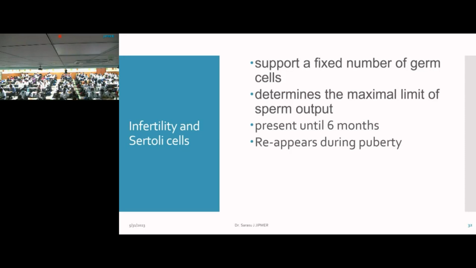Okay, now if they are not formed enough because of some timing difficulty, or the hormones are not secreted properly, or the primordial germ cells have not invaded properly, something has happened and there is a smaller number of cells. So if there are fewer cells, there is a possibility of a lower sperm quantity, and also the testis could be small because the cell numbers are less, because Sertoli forms quite a number there. So testis